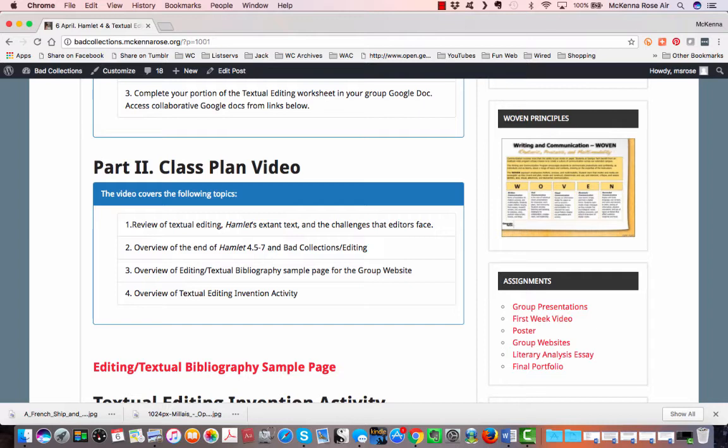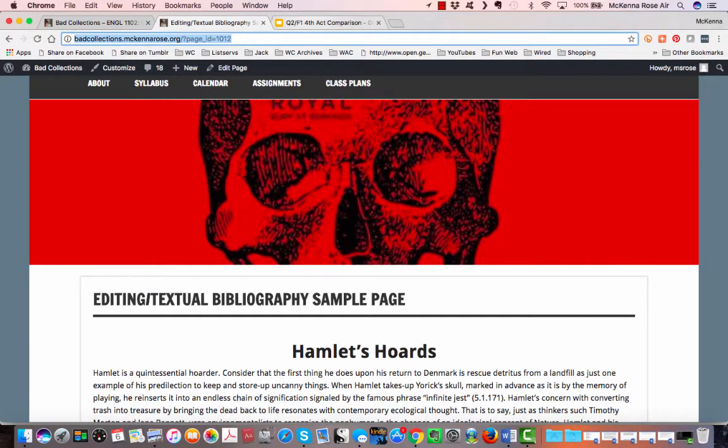Then a quick overview of an editing and textual bibliography sample page that I made, which you can use when you put together your own editing textual bibliography page for the group website, and then a very quick overview of the activity that I would like you to complete after you watch the video. All right, so first of all,